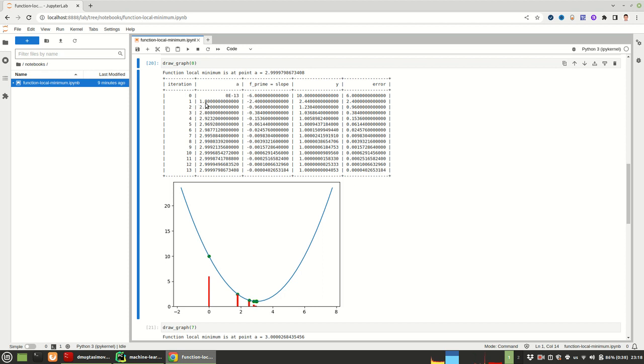So on iteration number 1, we again calculate the derivative at that point, and the error turns out to be even less, right? So we are approaching the local minimum of the function. We take the next iteration, and as you can see, the next value of a is 2.52,